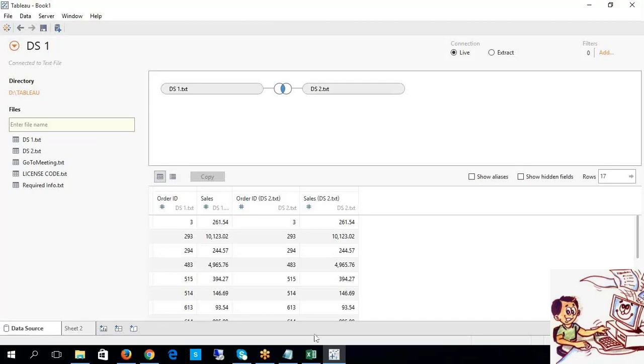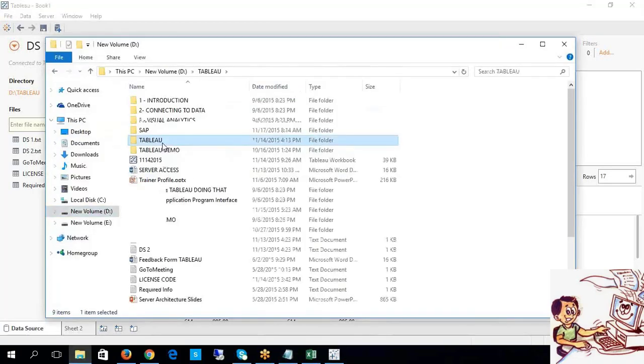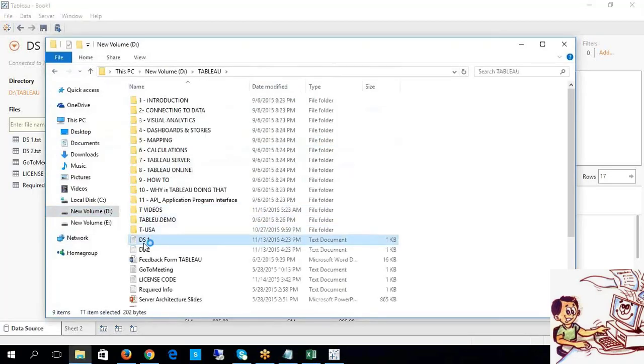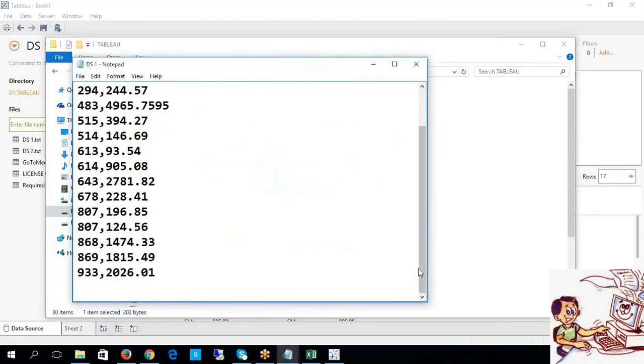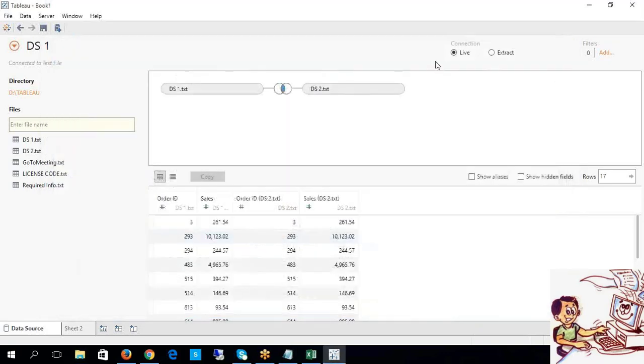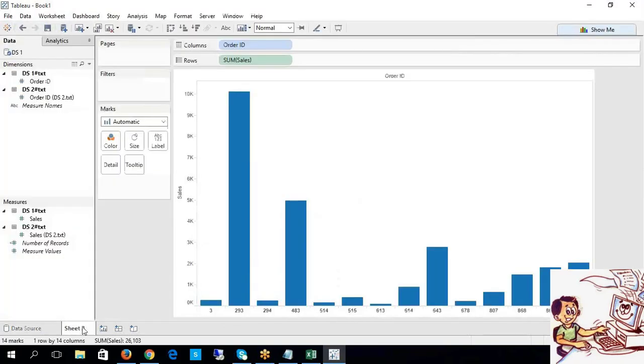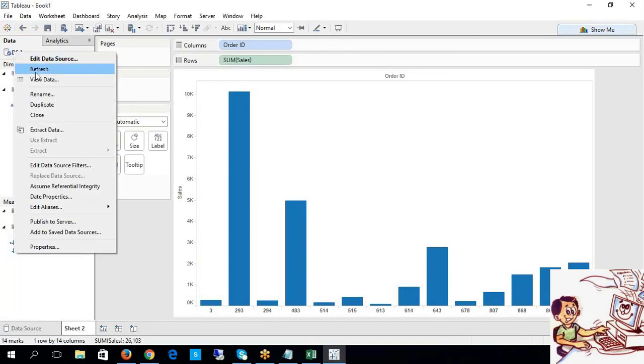Now look at this. Where is that source available? And some value, something like this. Now you have to save it at your source level. Fine. Now how are those values going to be reflected in your worksheet? You have to do a refresh.